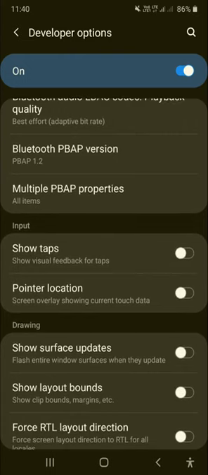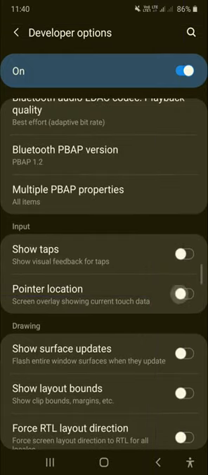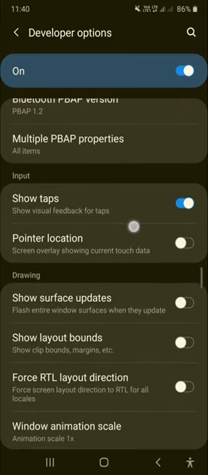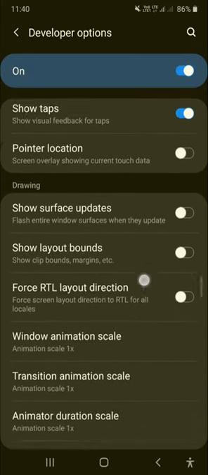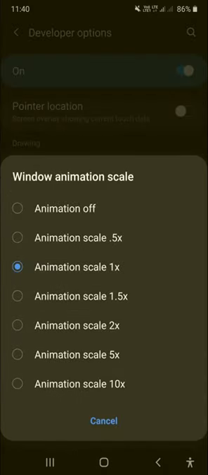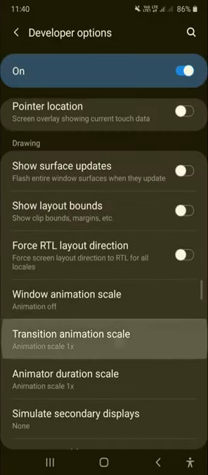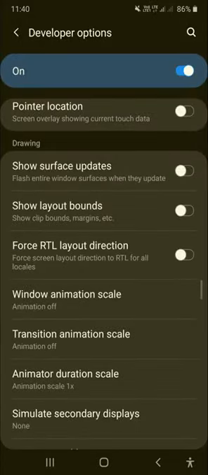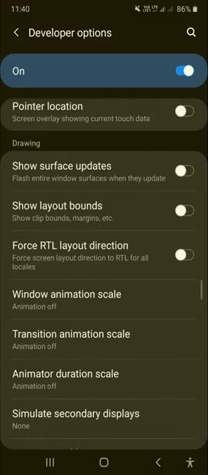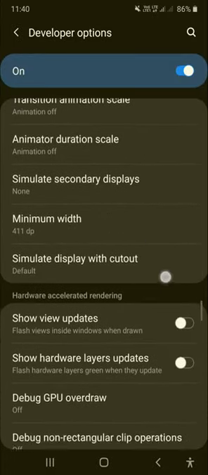Pointer location, this is not to increase the speed, just to see where you are touching, not this one. Show taps, just switch on this. It helps to see where you are touching your screen. Next one is animation, window animation scale. Always switch off the window animation scale and transition animation scale. Switch off these three options. Animator duration scale, it will open the app very fast.